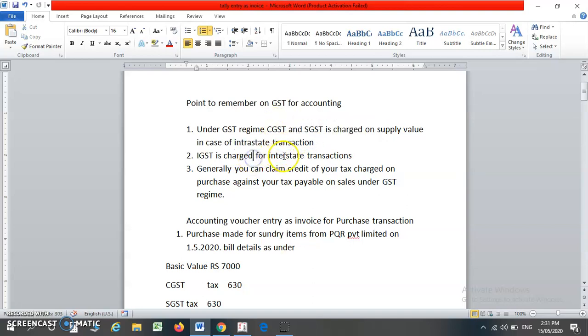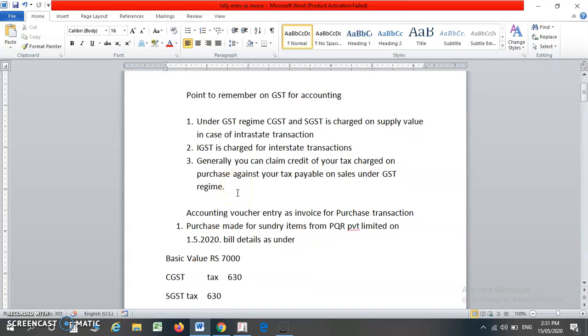In the case of an interstate transaction, IGST is charged. For example, if the purchaser is in Gujarat and the seller is in Maharashtra, it is an interstate transaction and IGST is charged. Generally, you can claim credit of the tax charged on purchase against the tax payable on a sale under the GST regime. So these are the three important things you must remember while making GST accounting.